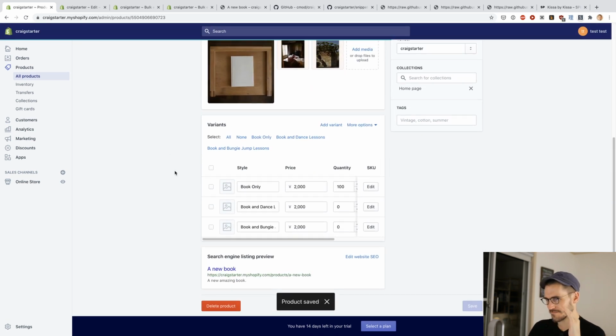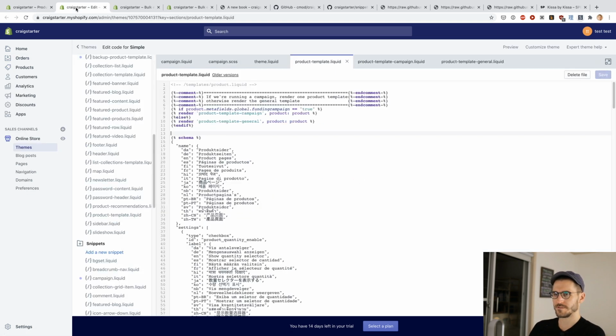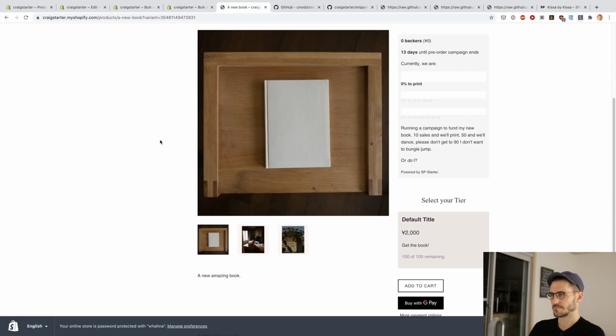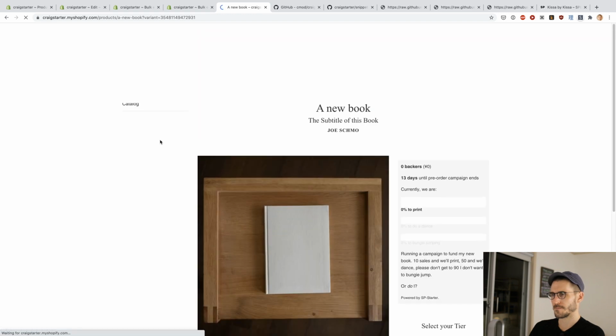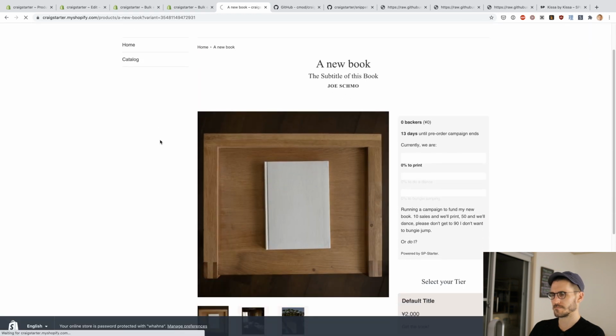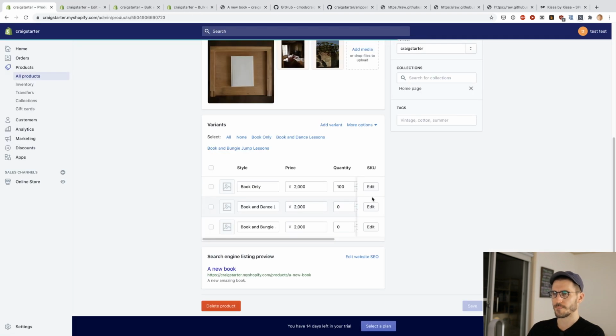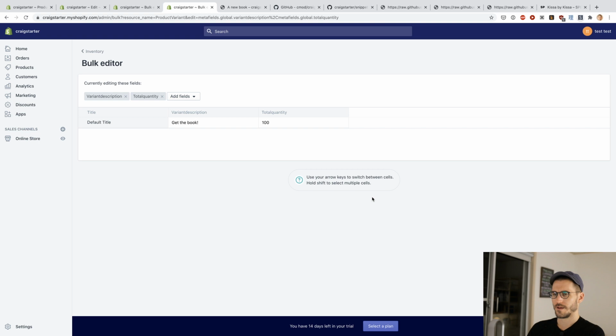So, great, perfect. Book only is 100. And because we haven't set up those other styles properly yet, let's just see how this renders. Again, waiting for the back end to catch up. There we go. Book only, book and dance lessons sold out because there's 0, and book and bungee jump lessons 0. 100 of, we haven't set a number remaining. So let's go back into